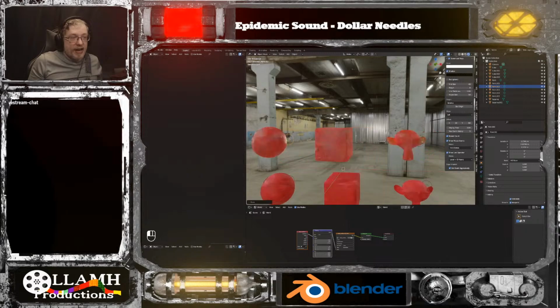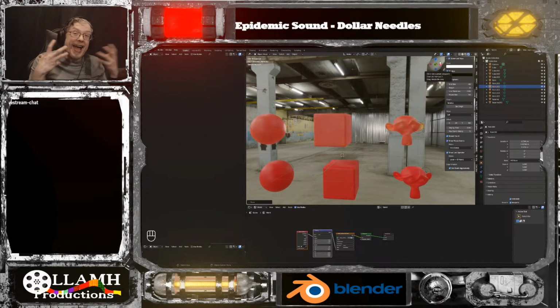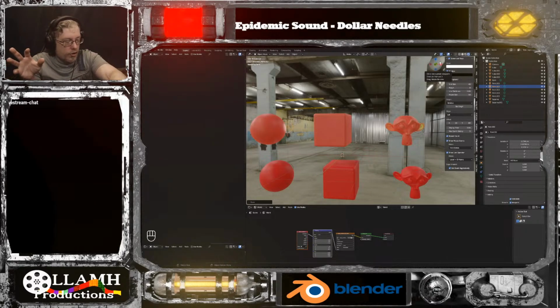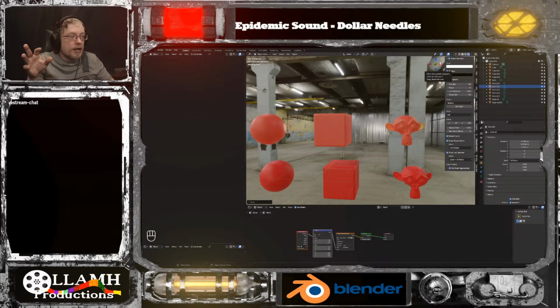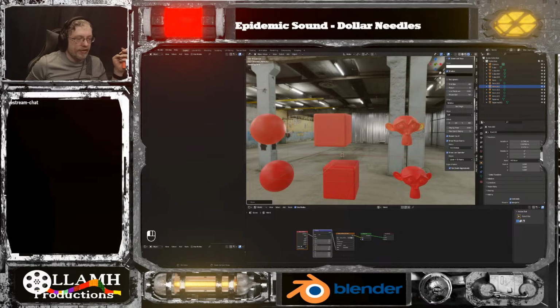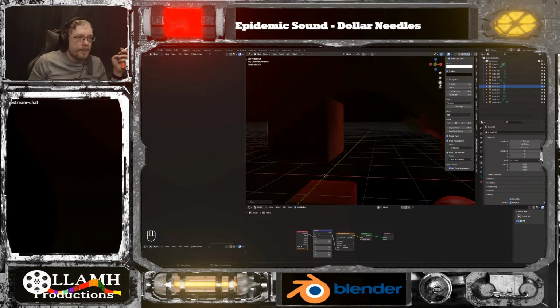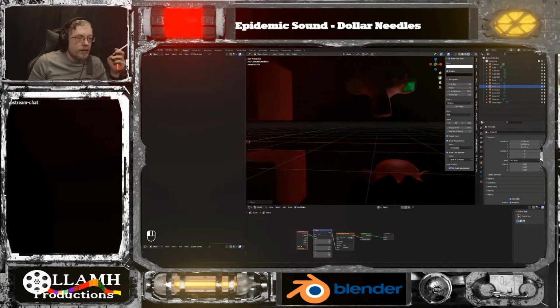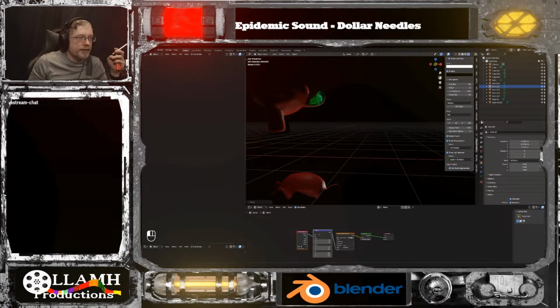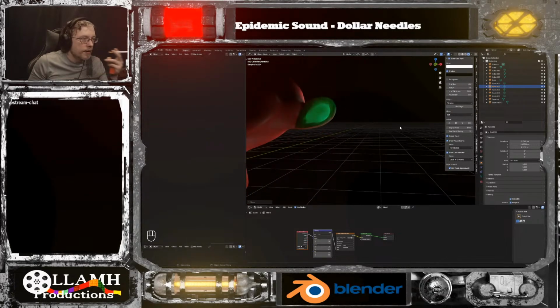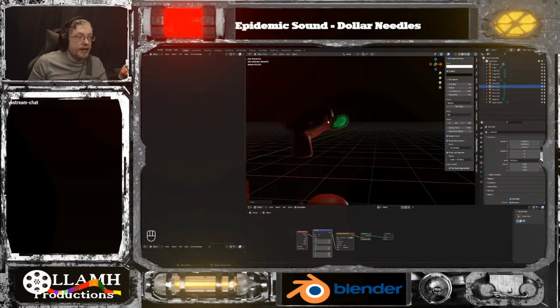So subsurface scattering can be very beneficial if you want to add a hint of color that isn't necessarily a main primary color. If it's dark, you don't want that color to show. If it's bright, you want that color to show. That'll really show it off if we take our environmental light down to 0. You can really see how that light is shining through. Now it's shining through as green because it's adding,